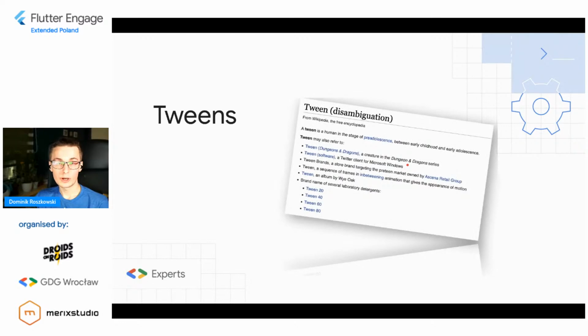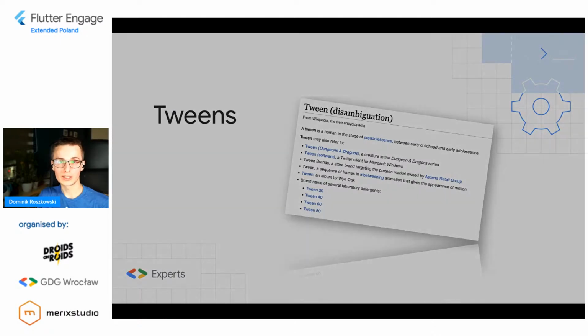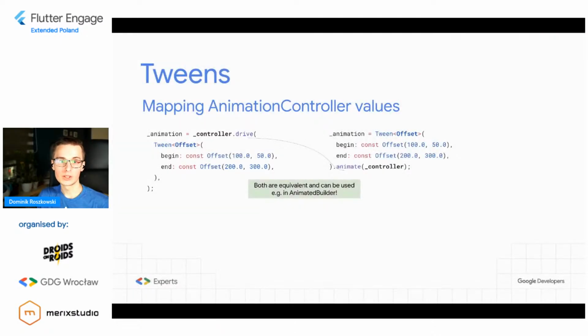The next topic that we're going to tackle today are Tweens. And actually, when you Google for Tweens, there's like different strange things showing up. And even on Wikipedia, there's like a bunch of different articles about it. So I'm gonna quickly introduce you to Tweens and how you can use them in your Flutter apps. So Tweens are like classes that have very handy properties or functions that allow you to interpolate values or map them between the initial value and end value for a given progress of animation controller.